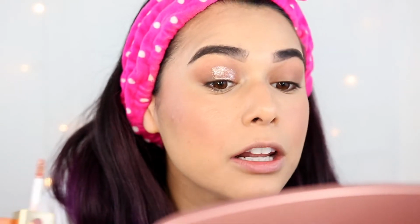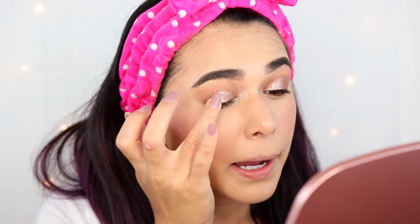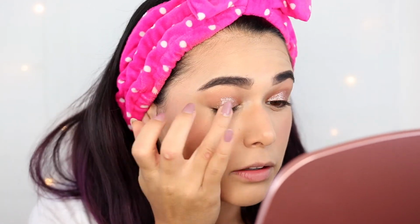Yeah, so I'm having no problem creating a cut crease look just straight from the applicator, so that saves a ton of time. I'm a little bit shook. I don't know if I mentioned how much these were. $8.99. So what I think I'm gonna do to try to blend it more easily on my lid is take a little bit on my finger and then kind of just tap at the edge there so that it doesn't